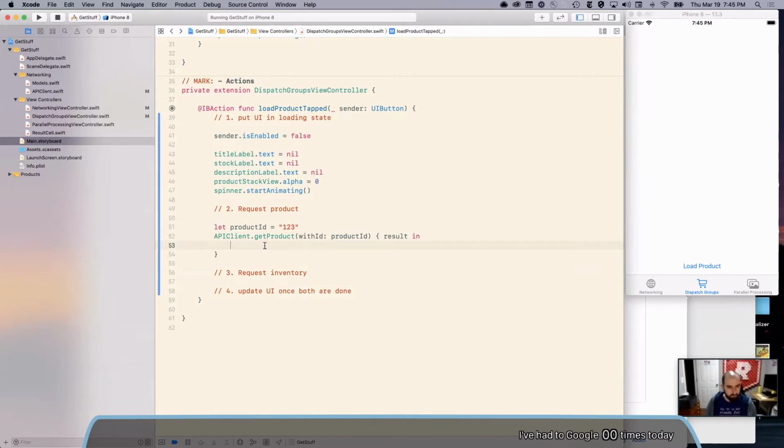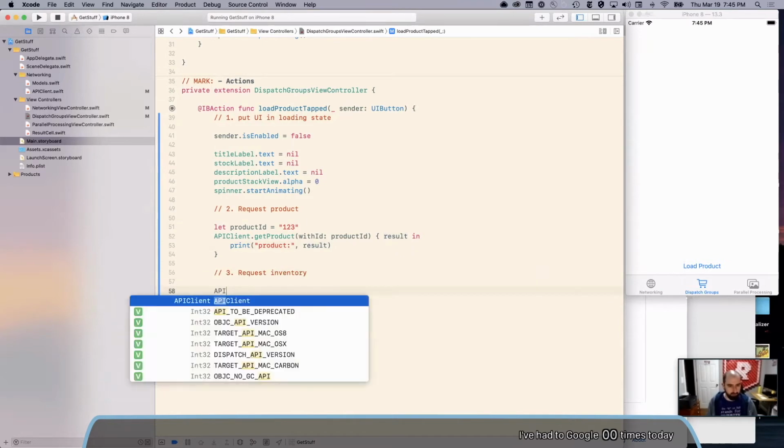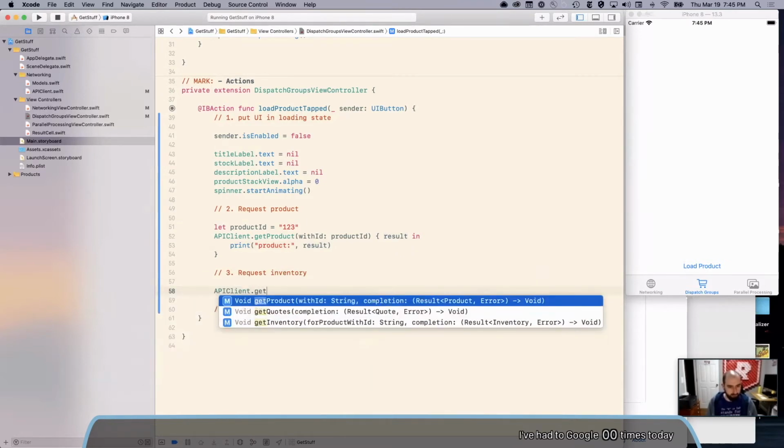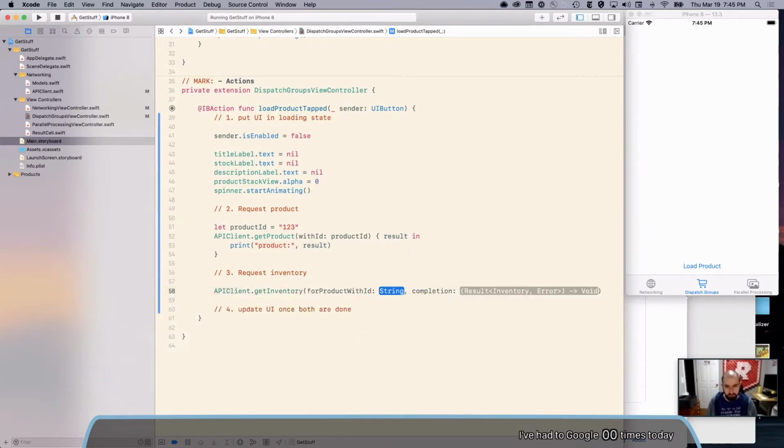Okay, so at some point we'll get back product result. And then at some other point, I'm going to get the inventory with also product ID and same completion and print inventory.